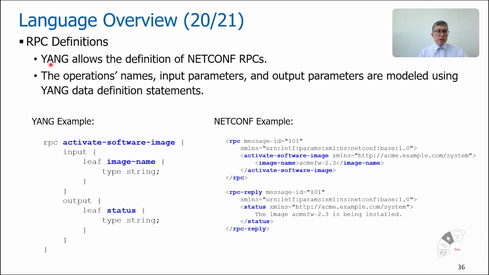Okay. And then let's move on to RPC. RPC is used to specify NETCONF operation names, input parameters, and output parameters. So here, RPC. In Yang, activate-software-image: in the input case, the image name type is a string, and in the output case, the status type is string. So in NETCONF we see this is an RPC request, or RPC remote control request. This one